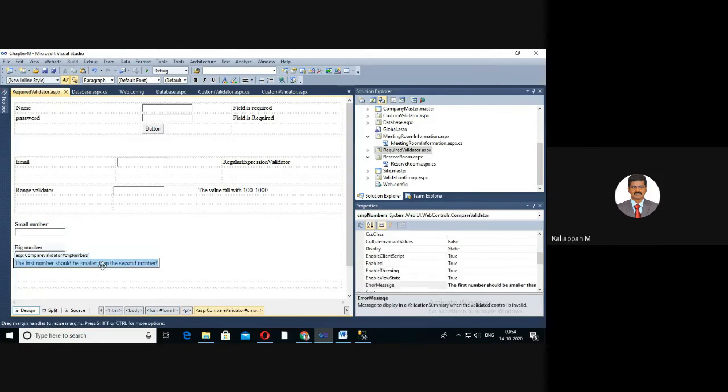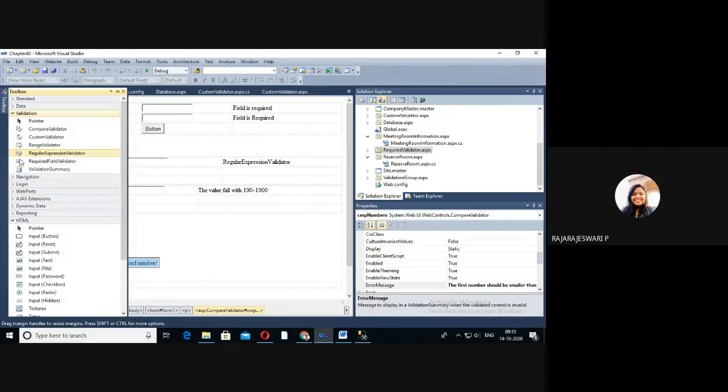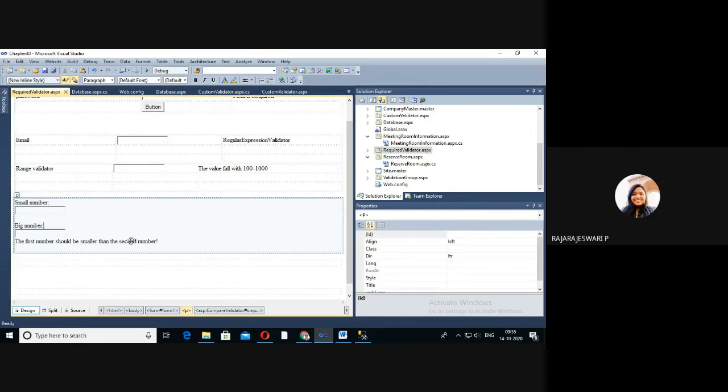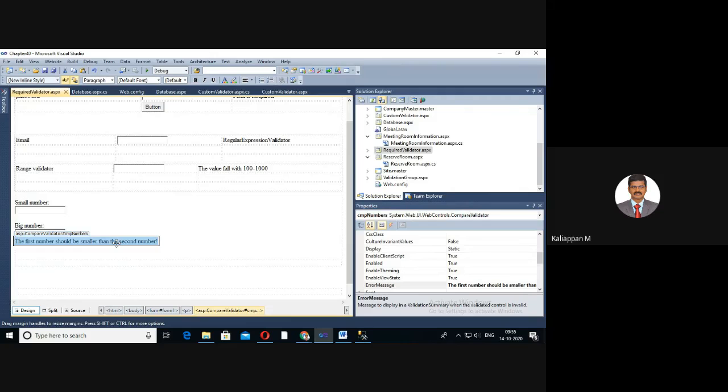This is the compare validator, which comes under the validation category. Then you click the compare validator and set the two properties, control to compare and control to validate.